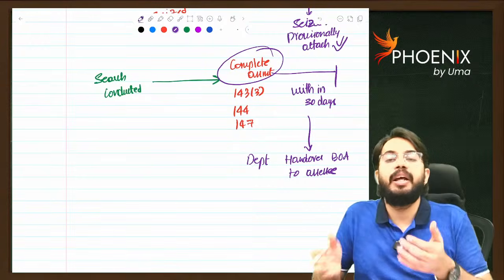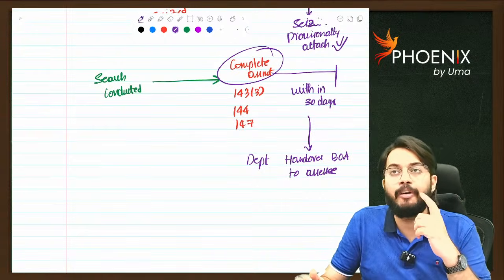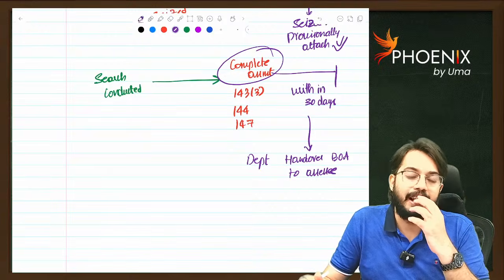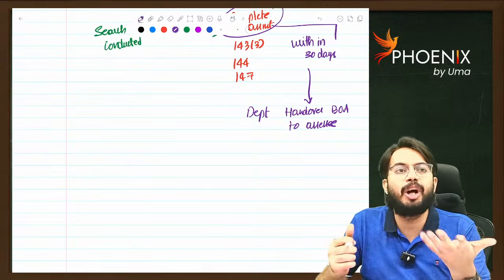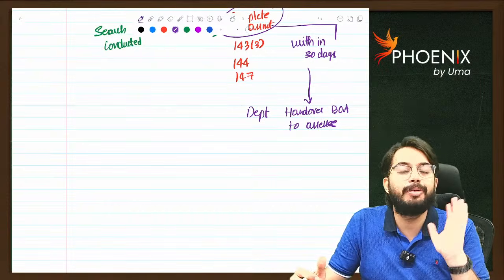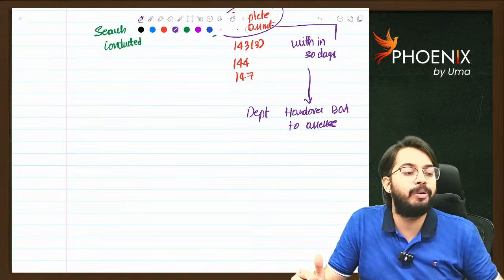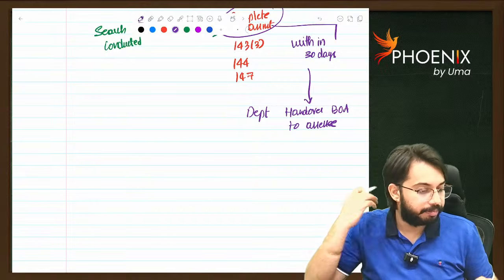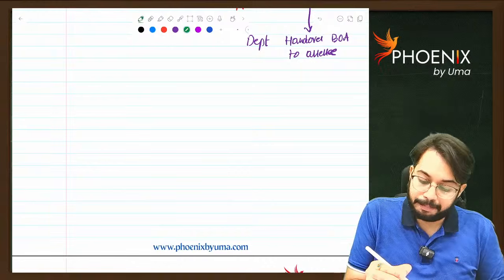Sir, can the department retain books of accounts even after 30 days also? Yes, the department can retain even after 30 days also, but prior approval of bosses or top bosses is required. Now your doubt is, sir, after 30 days, why does the department still want books of accounts? Because assessment is already completed, demand notice is given. To levy penalties, the department may require books of accounts even after 30 days also. Department can retain even after 30 days also, but prior approval of bosses or top level bosses is required. Are you able to understand? There is one concept, explained assets, unexplained assets.